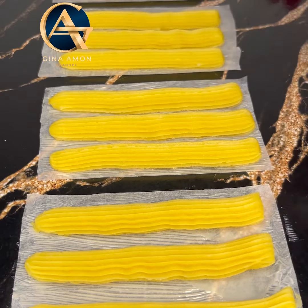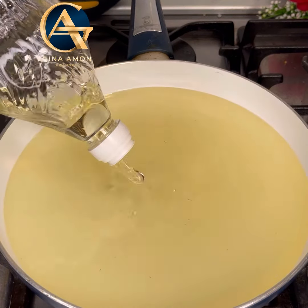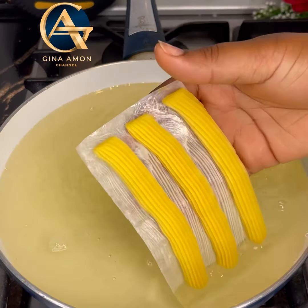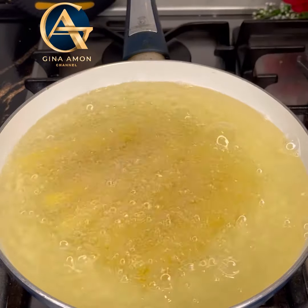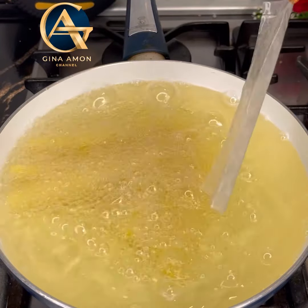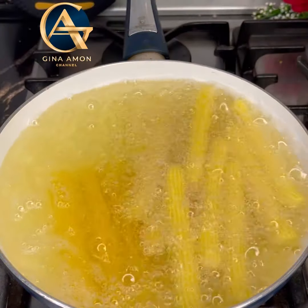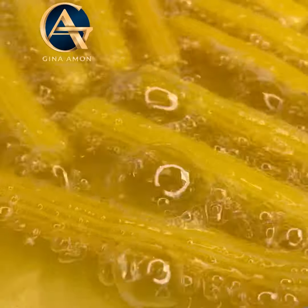When done, preheat the oil and fry these good girls. So all you have to do is to bring them, put it inside the oil, take out the parchment paper. As you can tell, it was very easy for me to take out the parchment paper because I spread it with the butter, so it was very easy to come out. So please make sure you spread it with softened butter before